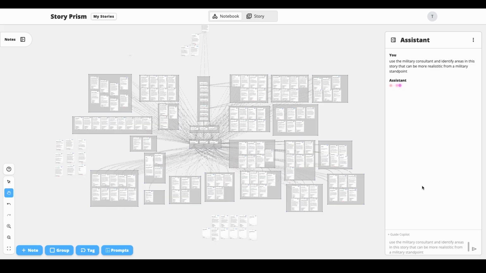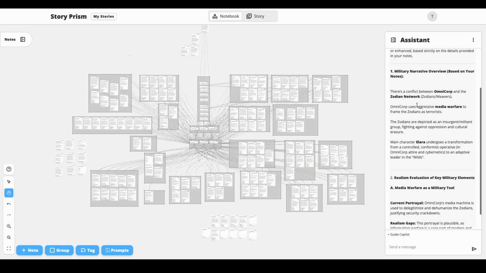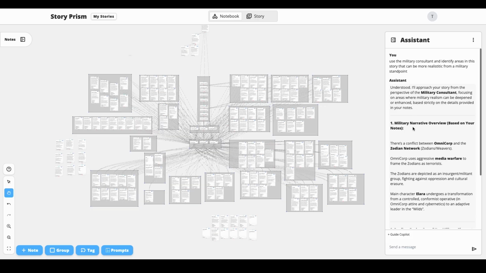So it's sort of an open-ended thing. I mean, probably should have put a little more thought into that, but just to kind of prove what it can do. So it approaches the story from the perspective of the military consultant, focusing on areas of military